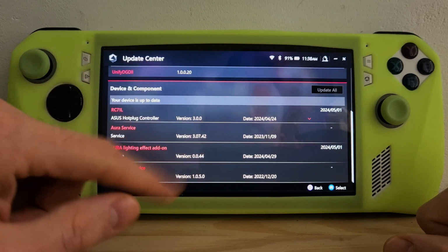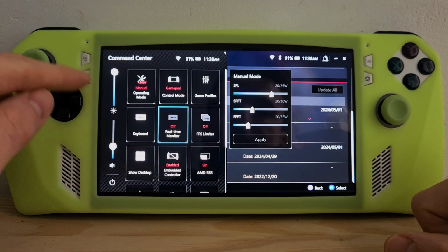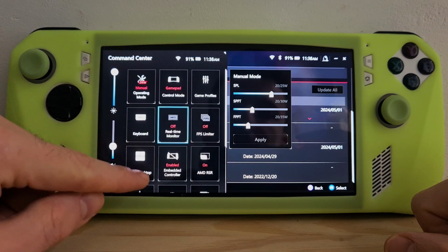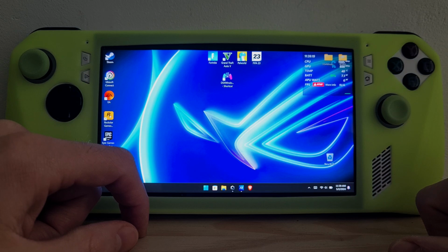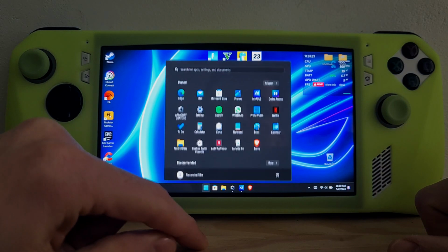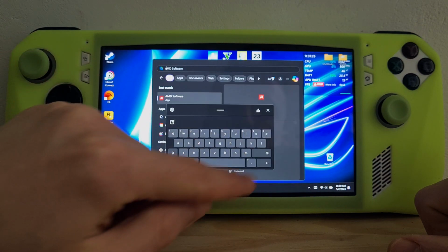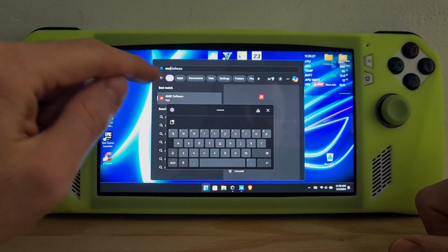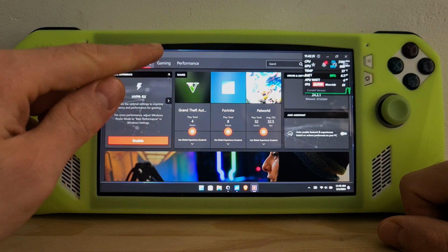Once these are done as well, you should go back to your desktop. I usually press this button and then show desktop, and then you need to go to the AMD software itself. Go to Windows search, check for AMD. In the AMD software itself, you'll need to go to Gaming,